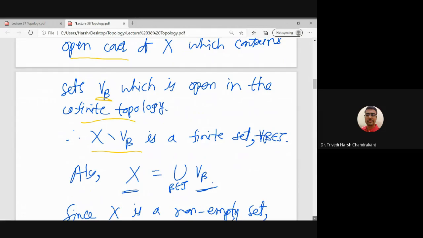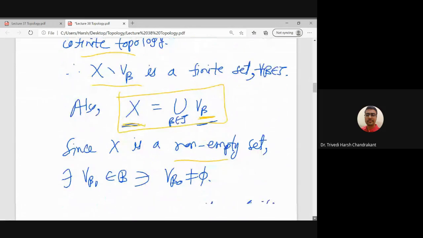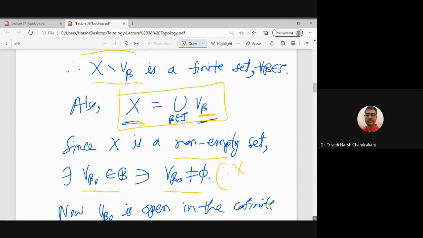So we will choose a non-empty set V beta, which I can always choose because X is covered by the union of U beta, right? And X is a non-empty set, so there exists at least one V beta which is non-empty. Since X is non-empty and V beta is an open cover of X, I can choose V beta naught so that V beta naught is not equal to X. So therefore X minus this open set is not X. So that means it is a finite set,